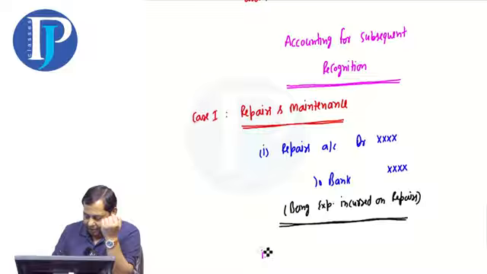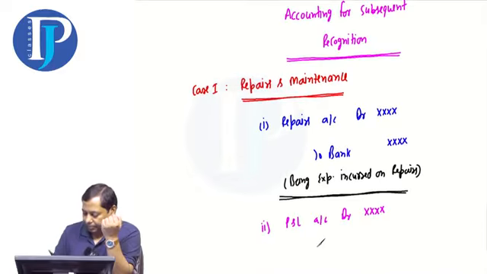And we will pass the second entry. Profit and loss account debit. Being